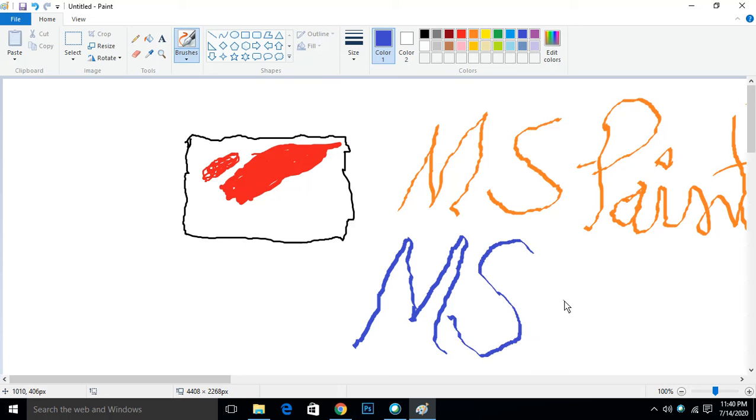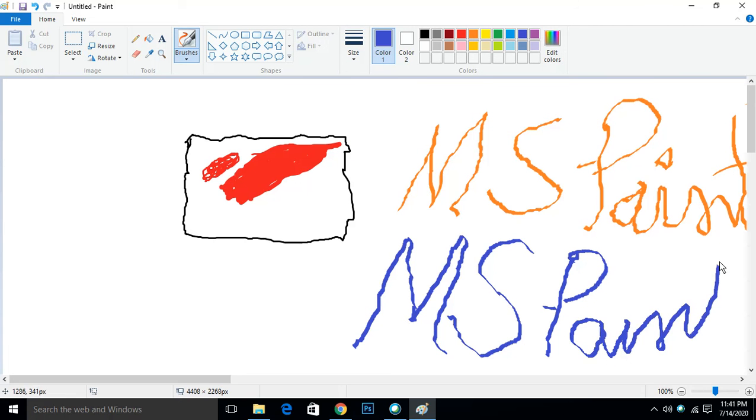You can also change the size from here according to your choice, but I don't want to take the thicker one, so I am taking this one only. You can see the sharpness of the text we can get with the help of calligraphy brush.